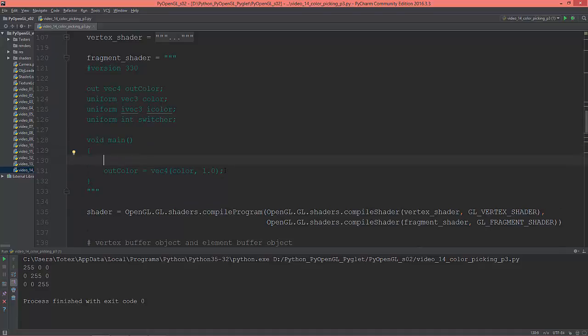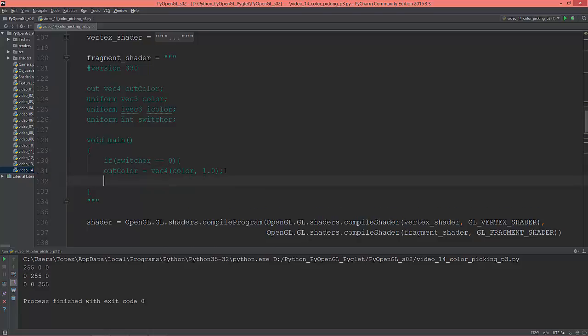And here in the main, I'm going to create an if statement. So if switcher equals 0, then output these colors. Okay, curly bracket, then output this color, which comes from here, and else